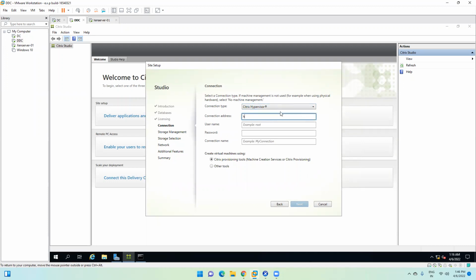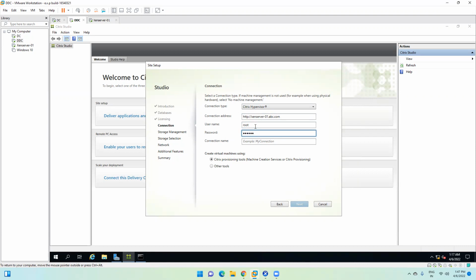So in our case, the hypervisor is http://gen-server-01.abc.com. Make sure you enter the FQDN, that is, the fully qualified domain name. We can also continue with the IP address, but it is always good practice to go with the host name. Here I have to enter the username for the hypervisor, which is root,